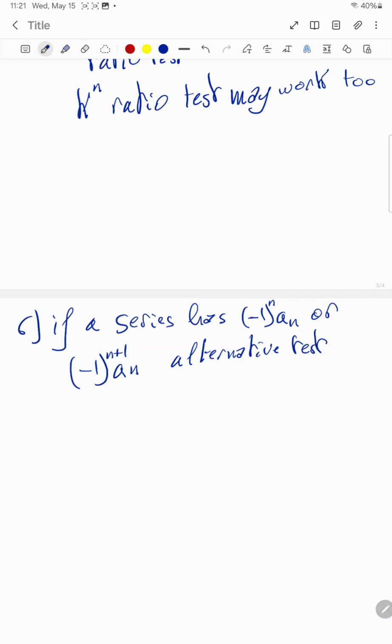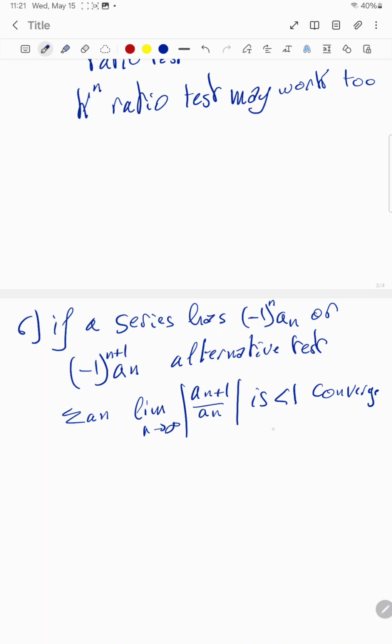Let's explain the ratio test. If we have a sum of an, then the limit when n goes to infinity of an plus 1 divided by an, which is the ratio, that's the ratio test. If the limit is less than 1, we say the series converges. If the limit is greater than 1, we say that the series diverges. And if the limit is equal to 1, the series can be divergent,